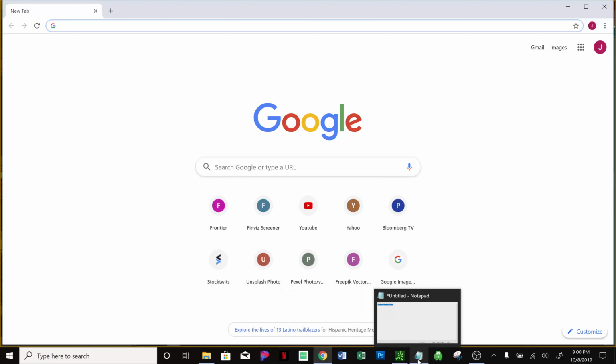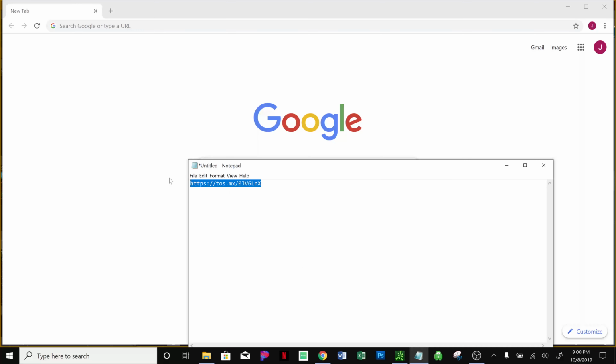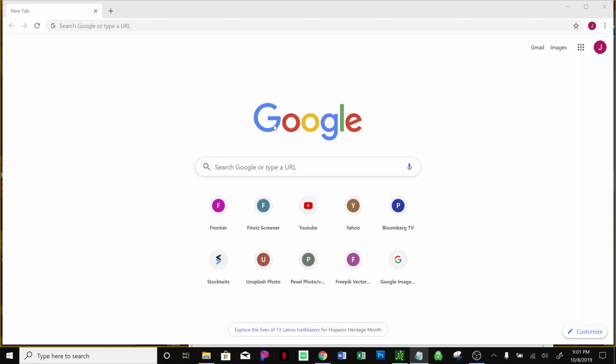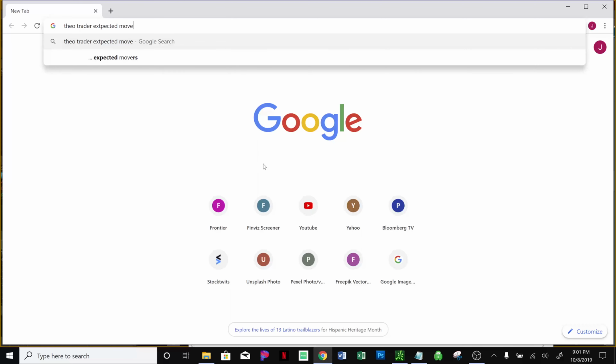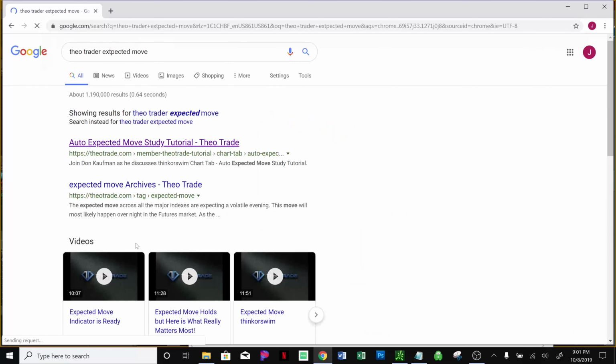And what you're going to want to search for here is Theo Trader. Let me think here. Expected move. So if you go to this first link here, auto expected move study tutorial,